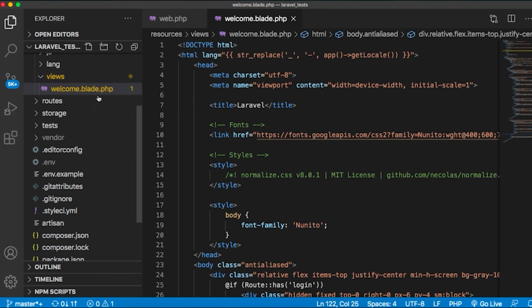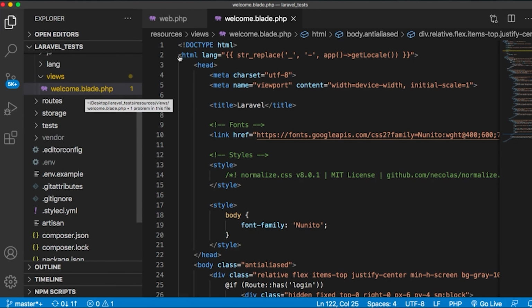Blade is an awesome template engine, and I'm going to explain what it does later. But for now, what you need to know is that the name of the view goes first, and then .blade.php. Whenever you create a new view, you need to add this extension .blade.php, because you are going to use the extra features